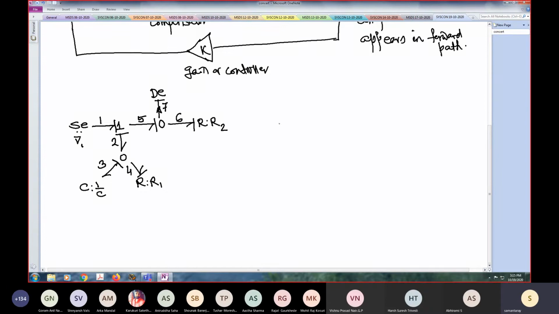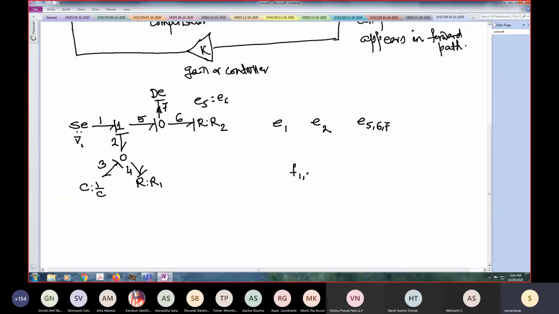Then we have its signal flow graph. At one junction, different nodes, efforts are different: E1, E2. E5 and E6 are the same. E5 is equal to E6, E5, 6, 7, all those are the same. Flows at one junction are the same.